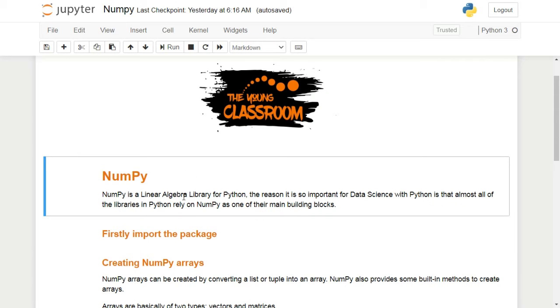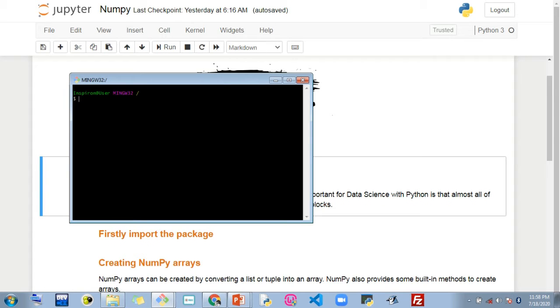In order to use NumPy, first we need to install it. So first head over to your terminal, and simply type the command pip install numpy, then press the enter key and it will install. I am assuming that you have installed Python from the official website of Python, as I told you in the previous videos. However, if you have installed Python from the Anaconda distribution, then simply type the command conda install numpy. Using this command you can install NumPy onto your PC.